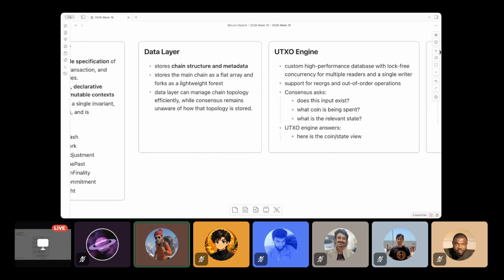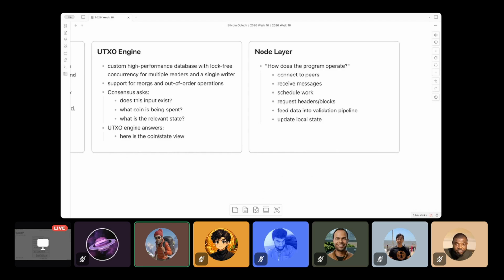So that you can tune it or make it suitable for wherever you want it to operate. For example, the UTXO engine can be engineered to operate in a different way when you put it on a memory constrained device like a phone. It can be engineered to operate in a much more expansive or robust fashion when you put it in a high performing machine like a server, etc. So that's the vision behind defining the UTXO engine as something separate.